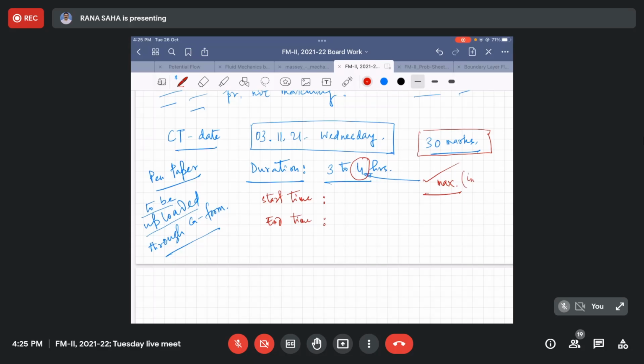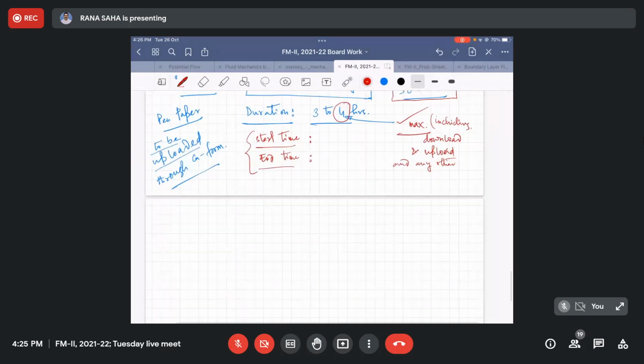Yes, ঠিক আছে। Yes, this is the maximum duration that includes download, upload, okay, everything. হ্যাঁ, আচ্ছা, including download and upload and any other thing. Okay, শুধুমাত্র এই দুটো ইউ নিড টু লেট আস নো। ওকে, আমাদের যে হোয়াটসঅ্যাপ গ্রুপে এটা স্টার্ট টাইম আর এন্ড টাইমটা একটুখানি করে দেবে, মানে মধ্যরাত্রির করো না। নেক্সট হচ্ছে সিলেবাস।